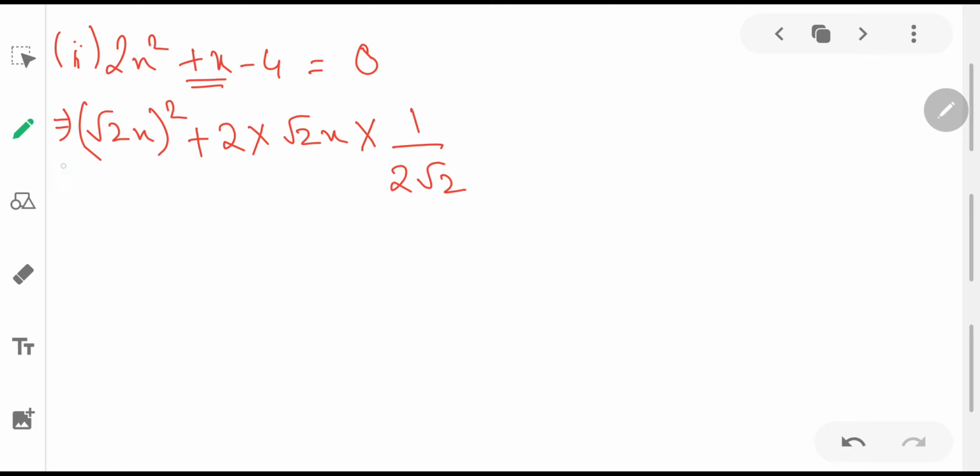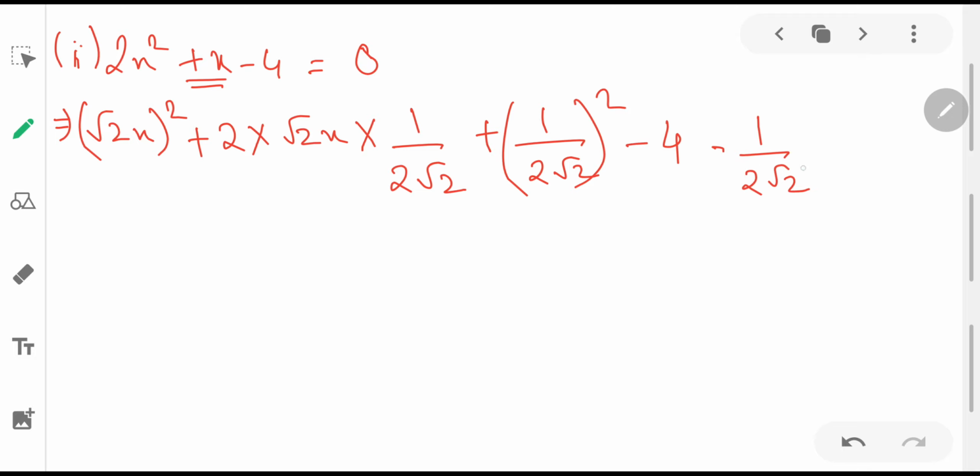So this is b. So a square plus 2ab plus b square. What is b? (1 by 2 root 2) whole square minus 4. But this has been added additionally, so we need to remove it. How to remove it? We just need to subtract the additional term, that is minus (1 by 2 root 2)